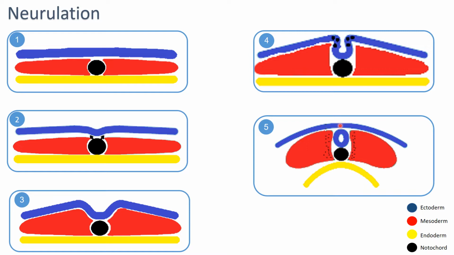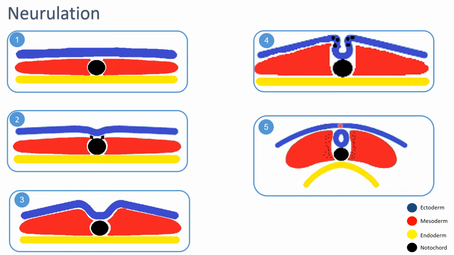The cranial neuropores are going to close somewhere around the fourth week of development, or around the 24th day of development. And the caudal neuropores close a bit later, somewhere around the 26th day of development. And basically, with that, neurulation is complete, and the neural tube has been fully formed by the end of the 4th week of development,